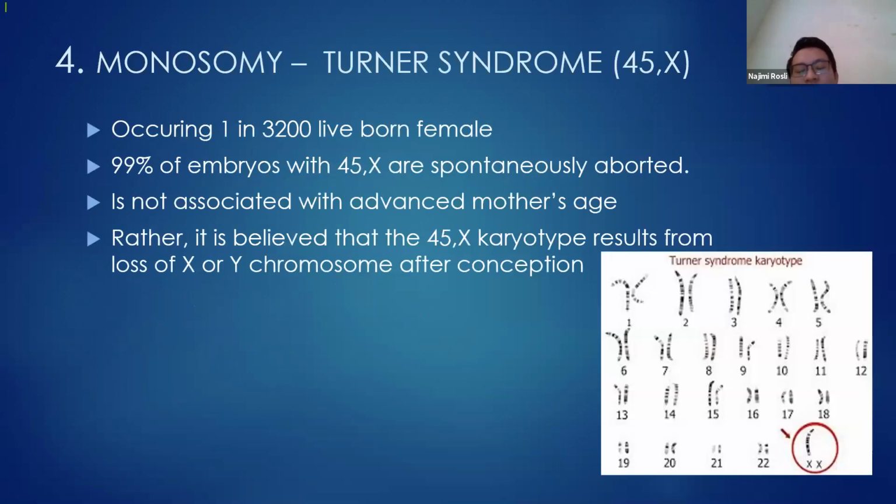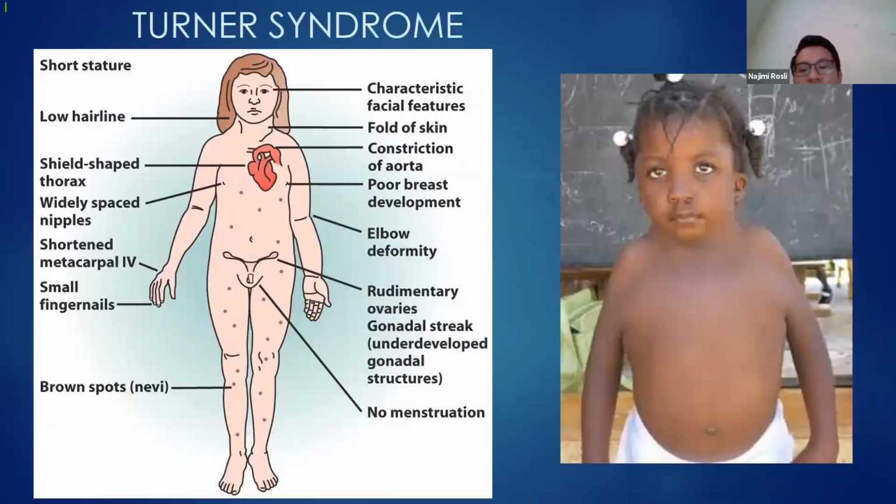Turner syndrome is basically characterized by the presence of only one copy of the X chromosome instead of a pair of chromosomes. It is less common than the trisomies. Also the same, the occurrence is due to non-disjunction. Okay, the clinical features of Turner syndrome include